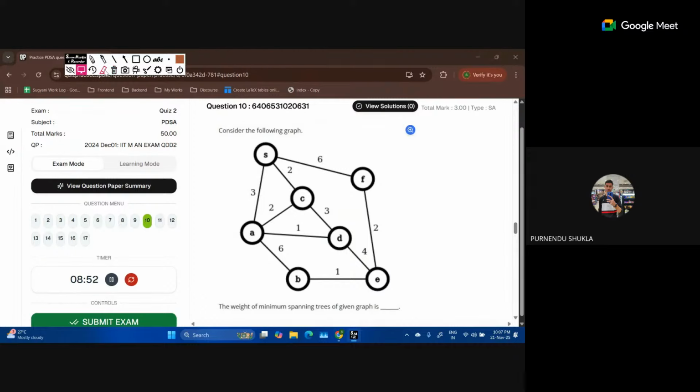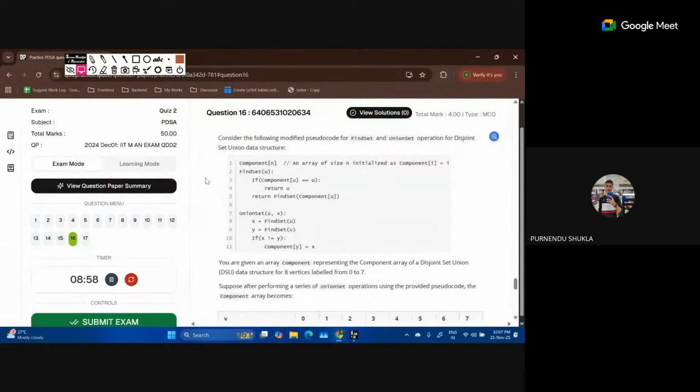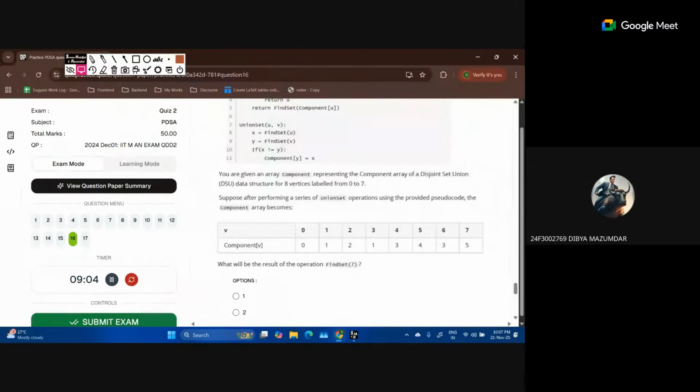Question number 16 has this component thing and everything. Can you explain it to me, the set union and all of that? What are we actually doing? बिल्कुल कोड से कर दो, आसान है।